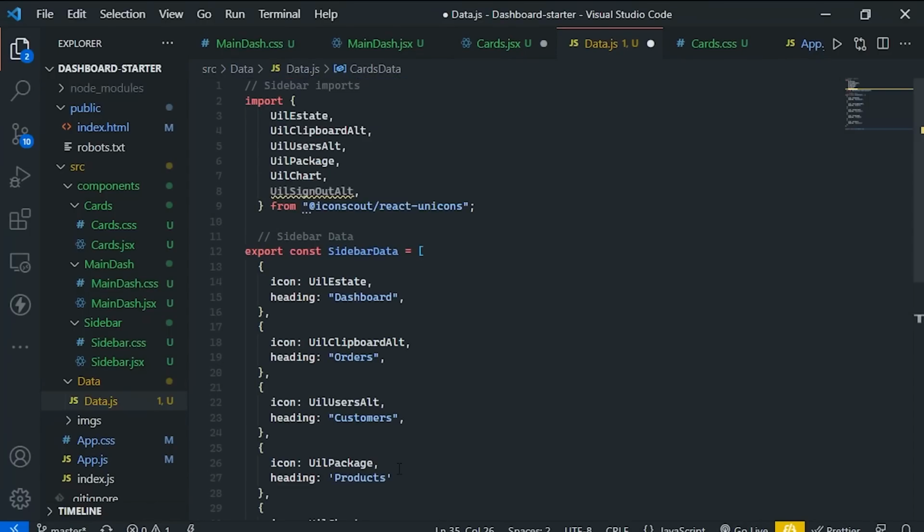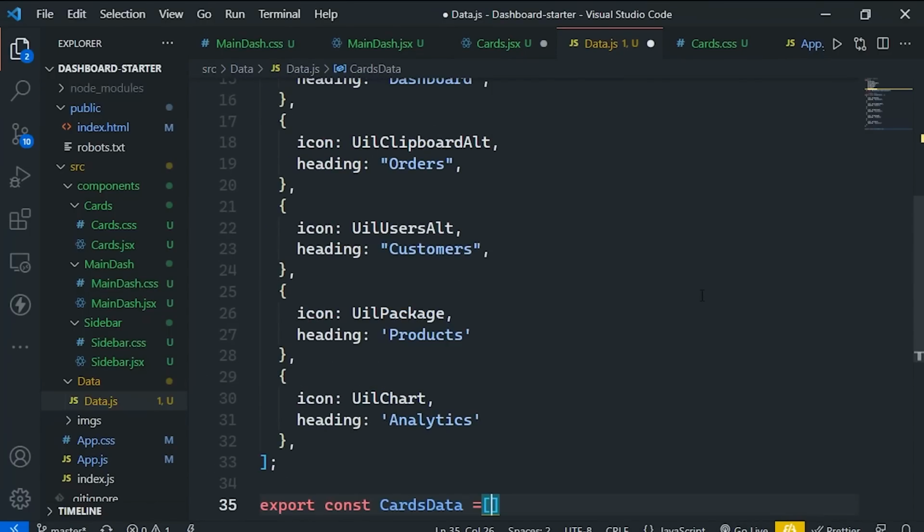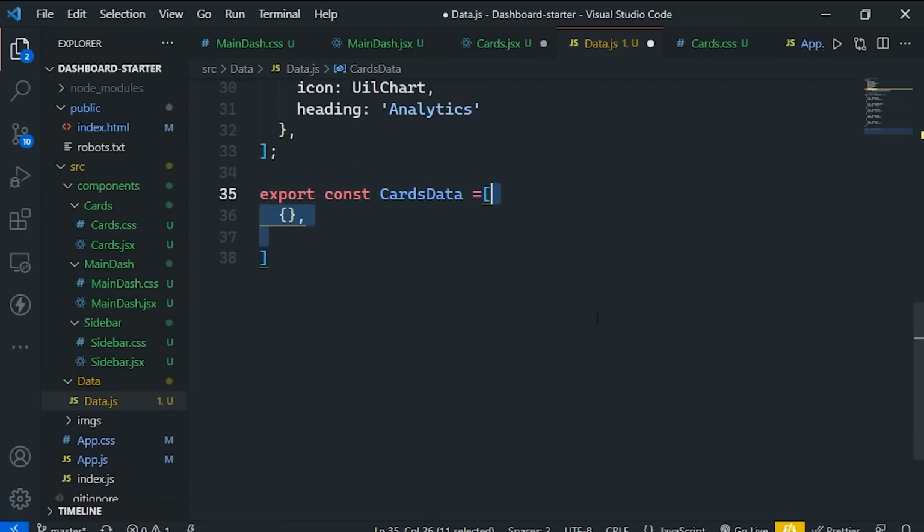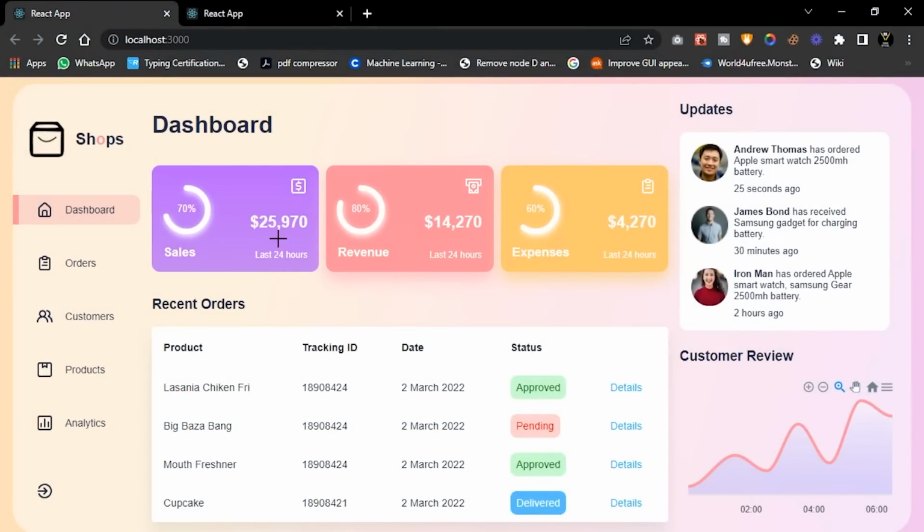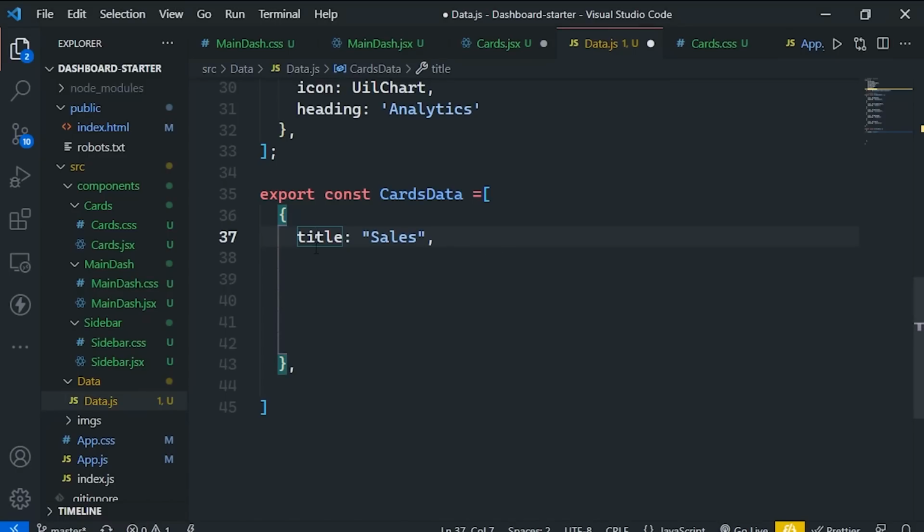Now inside the cardsData, as I have mentioned, I will make the JavaScript objects. So let's first make an object. Inside the object, first of all, I will have the title, Sales. Here I am talking about the first card, the first expandable card, this one. This is an expandable card, so I am writing the data for this card. First of all its title is Sales, and then the colors are also different for each card, so I am making a nested object